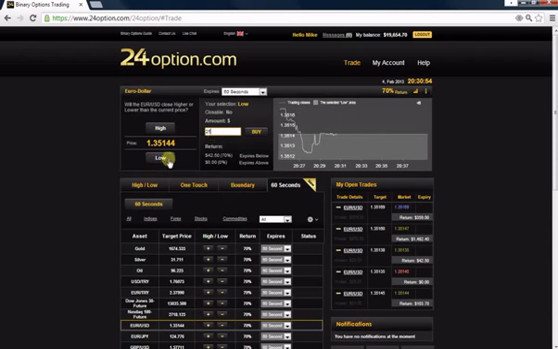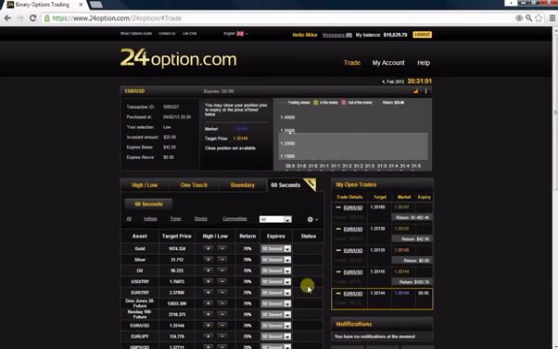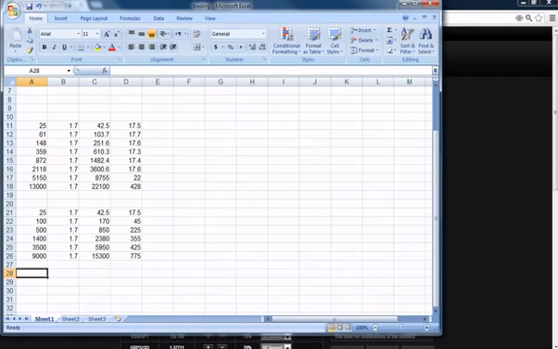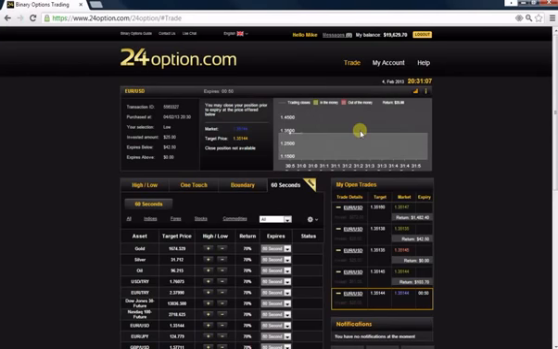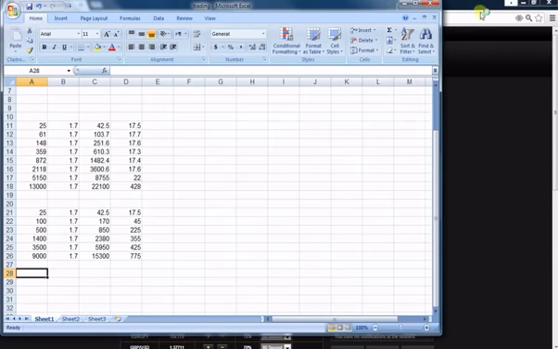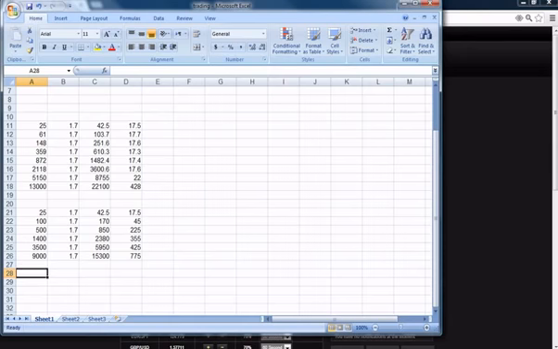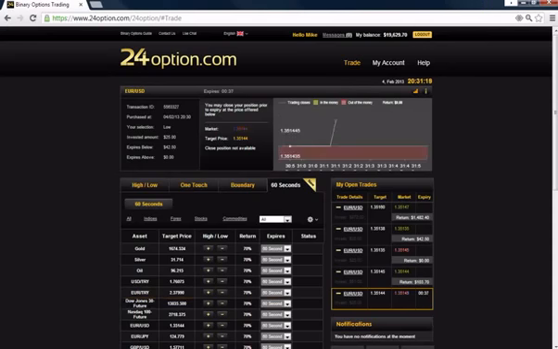Okay, we're gonna go back to our $25 investment. Now I'm gonna do one more round of this. If we win this one, I'm gonna switch up the strategy a little bit for you guys, just so you can see what you can do with 24 options using this trading strategy by upping the ante a little bit. And it's a little bit more risky in the sense that you have to have a higher balance in order to perform this. But if you don't want that $17 profit every single time, you actually want to make more,